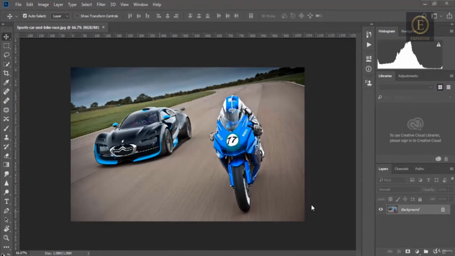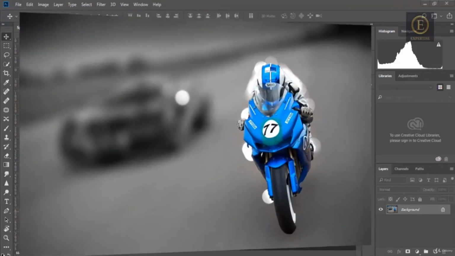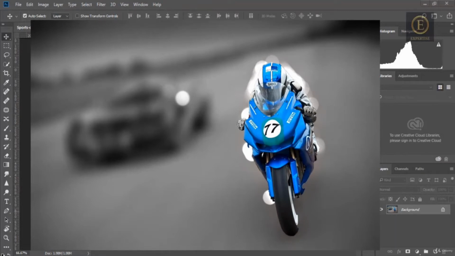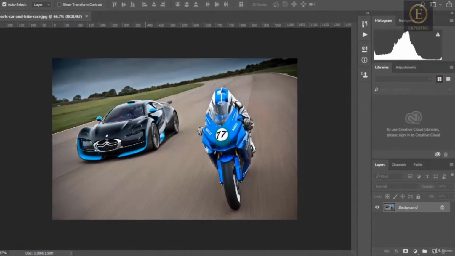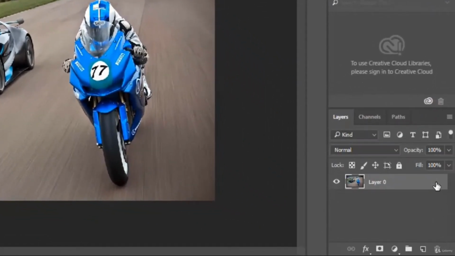Hello everyone, in this lesson we practice the blur effect. And we will learn how to turn this photo into this, to create wallpaper with blur effect, bokeh effect and black and white effect. So the first thing